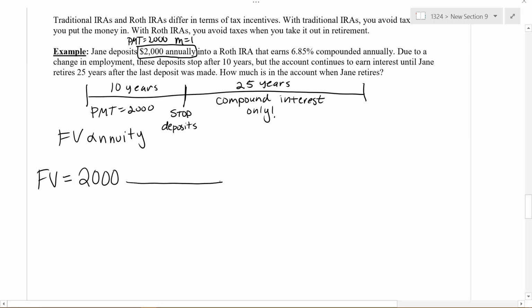So that's $2,000. And then at the top, we're going to do 1 plus R. Our R value is that percentage written as a decimal, so we're going to move our decimal place over 2 spaces to the left. So that's 0.0685 divided by M. We're doing this annually, so our M value is 1. Raised to the M times T power, so that's an M value of 1, and we're doing this for 10 years. So just for the first 10 years, we have that annuity. Minus 1. Then we divide that by R